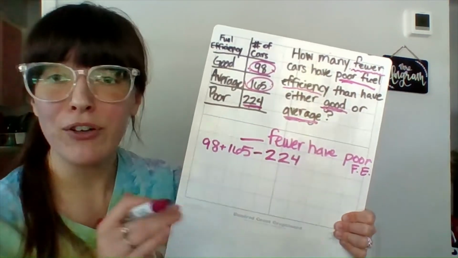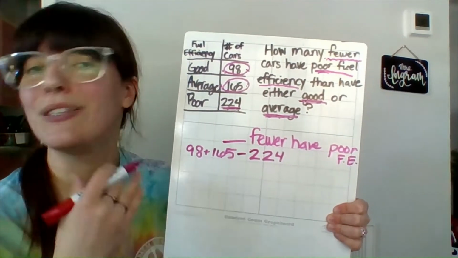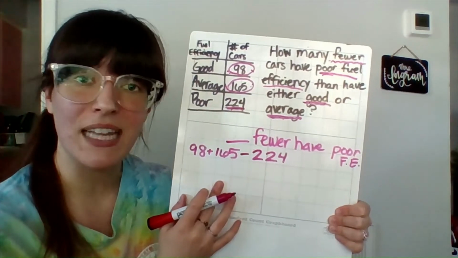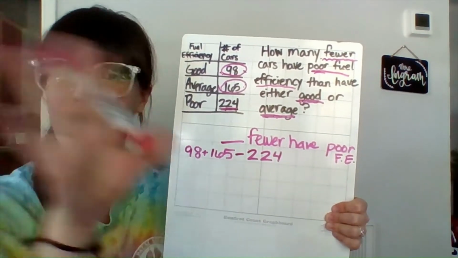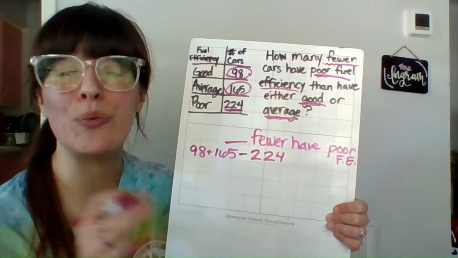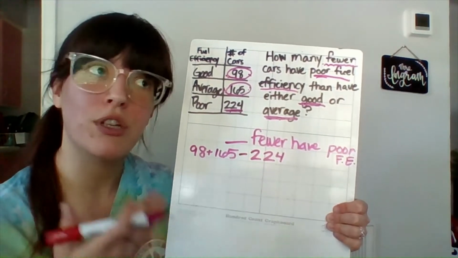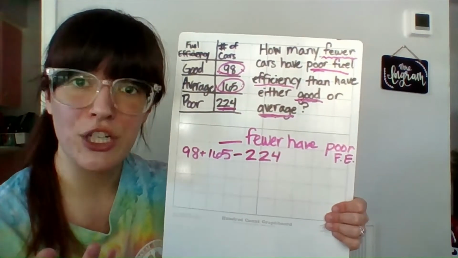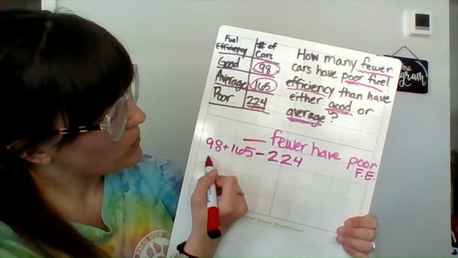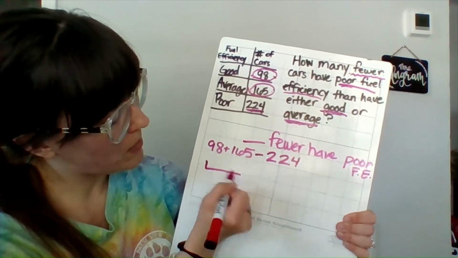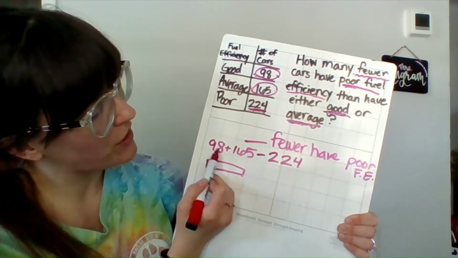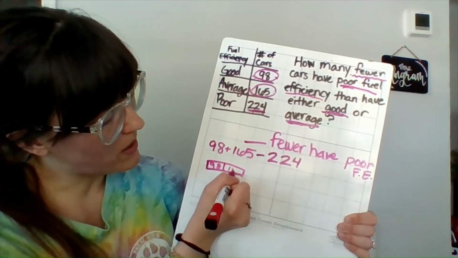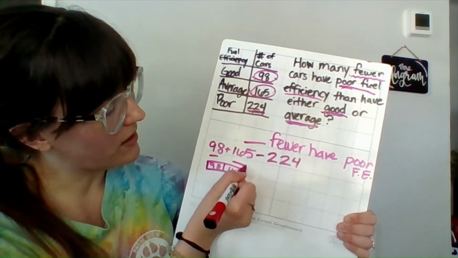So whatever strategy you would normally use is okay to use when you're solving these word problems. Now, like I said, the book and the online material is all going to show you bar diagrams. But if you don't usually use a bar diagram as a strategy, that's okay. Use the strategies that you would normally use to solve it. So the book would solve this by showing my bar diagram. So for 98 plus 165, I would have my 98 and my 165,